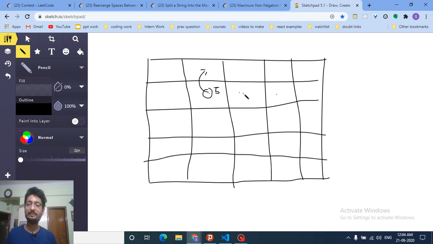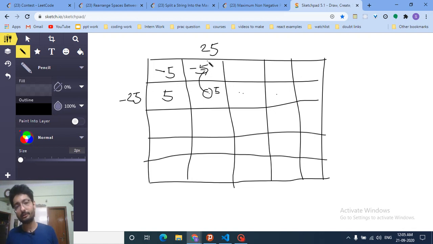But now, because it is a product, the product up to this point can be negative or positive. What does this mean? Let's assume this value is -5, this value is -5, and this value is 5. The product of these two numbers is 25 and of these two is -25. If this number is again 5, you want this number to come from above, because the top number is positive and the left number is negative. If you take the negative number and multiply it with this, the total at this position is negative, and if you take the positive number from above, it will be positive. So you have to store both of these values.